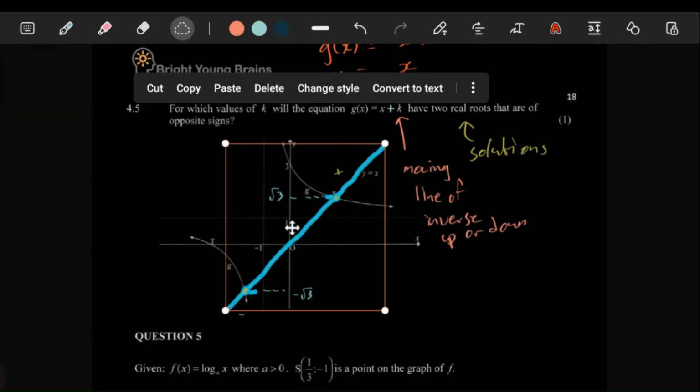But the moment you start to move it up or down, you have to keep in mind that the graphs will only meet within the perimeters that are determined by your asymptotes. Because if you move it upwards from this point, until it is touching this asymptote over here, if you move it up,